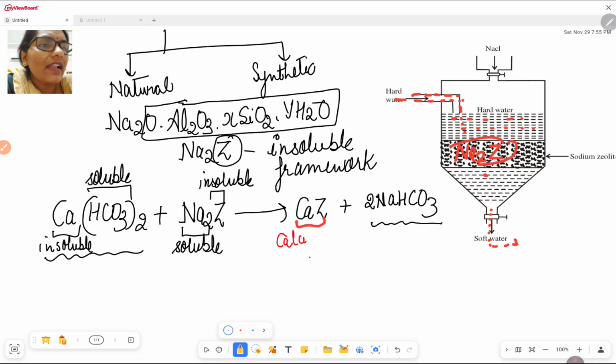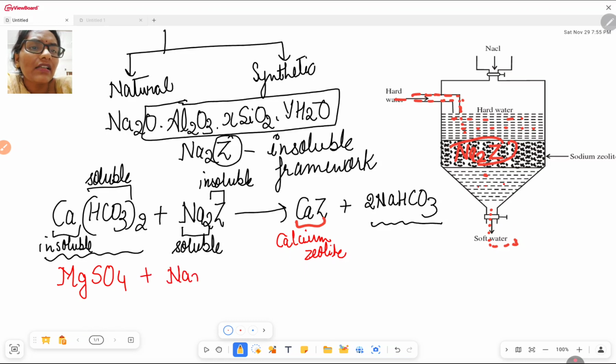It is calcium zeolite. So all the insoluble part remains here. Again, I am taking one more example. If this is permanent hardness, MgSO4